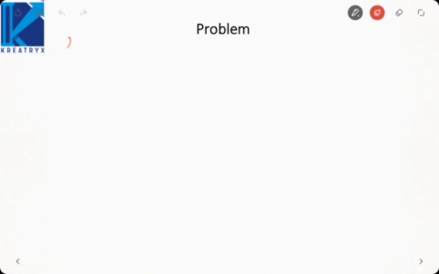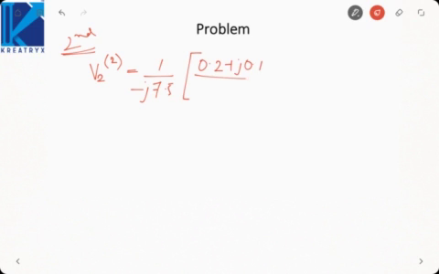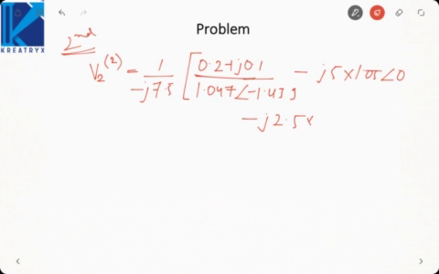In the next iteration, what we do is 1 by minus j 7.5, P and Q will remain same, 0.2 plus j 0.1, but now we will use the updated value of V2, that is 1.047, and if we take conjugate, minus Y21, Y21 is how much? J5 into V1, V1 remains constant, then Y23, J2.5, and the new value of V3, that is 0.956 angle minus 11.13. So this voltage will come out to be 1.026 angle